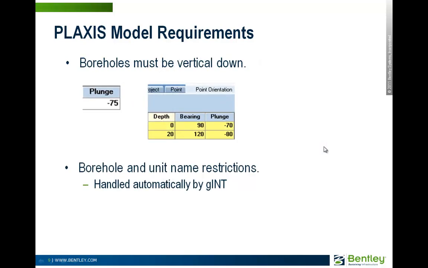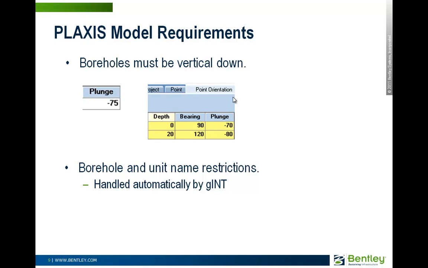Holes must be vertical down, and the program will check both the plunge field in the point table, which is a native field in the program. It must be -90 or blank, which is the default, -90. And it also checks the point orientation table, which allows multiple deviations of the hole. For those not familiar with this table, you can add it in input. It's under the additional modules